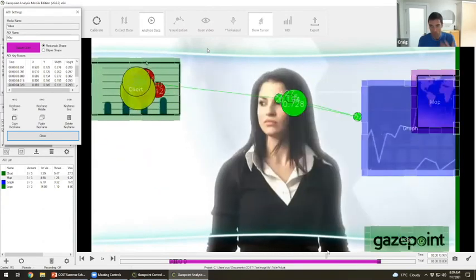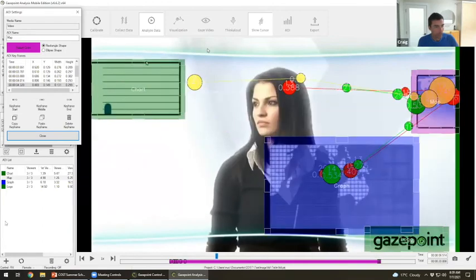So you can put your AOIs in the image, and then with those AOIs, you can calculate statistics of what happened. So how many people looked at it? When did they, on average, first look at it? How much time did they spend looking at it? Or how much percent of time over the overall experiment did they spend looking at it? How many revisits, so how many times they look at it, look away, and then look back. How many times they click on it. So there's a number of stats that you can now get without you having to do the stats calculations. It's all calculated for you